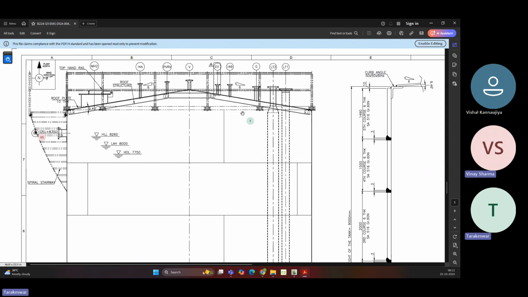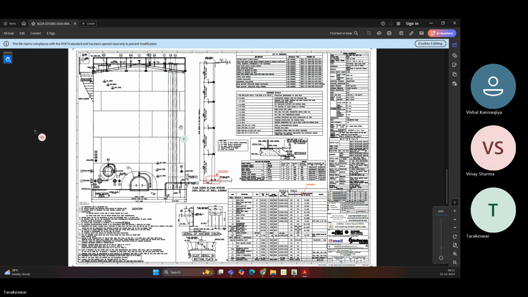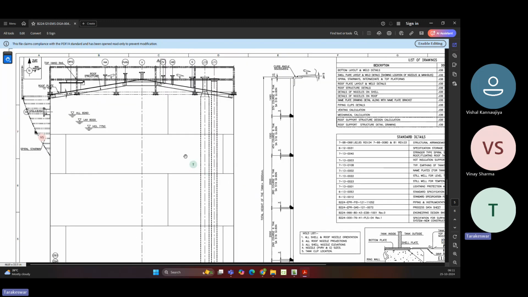Understand, no? Yes, yes. One more question. First of all, if they give this document to draw the equipment,